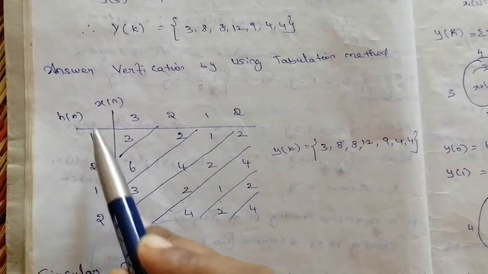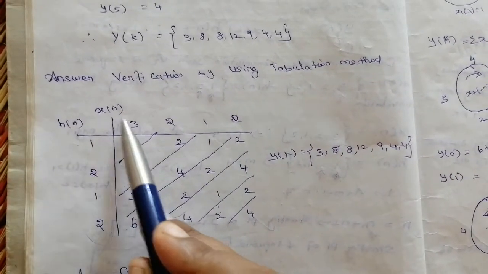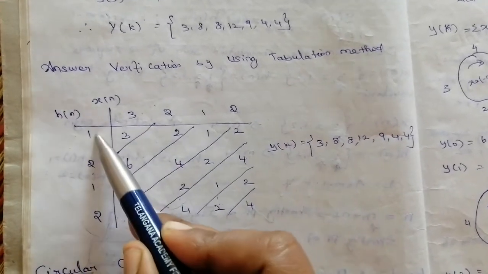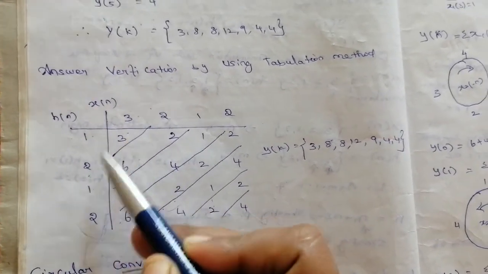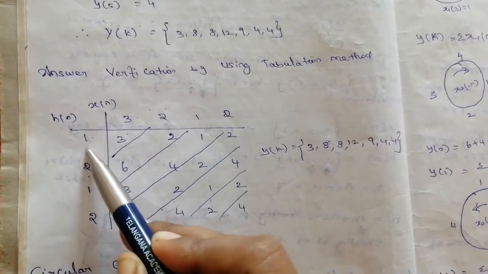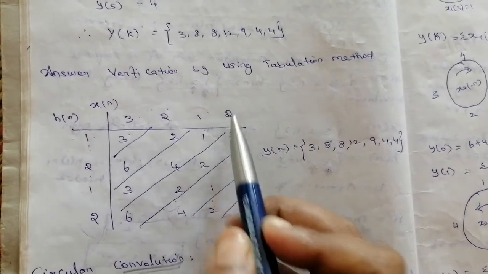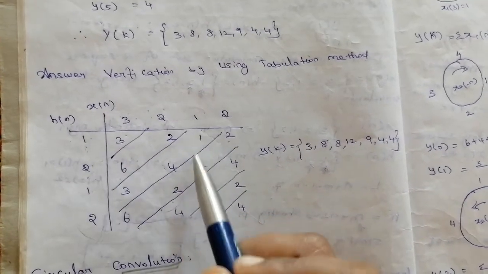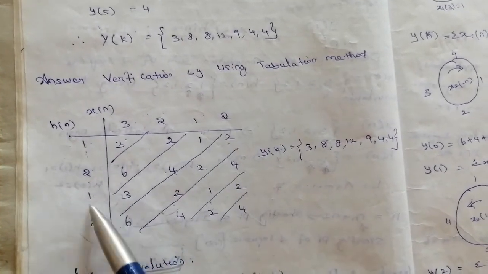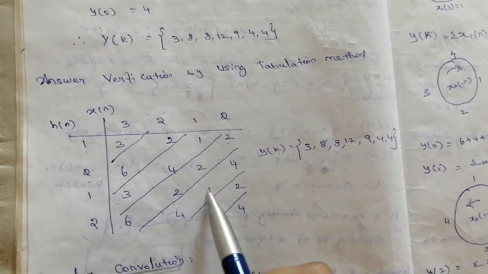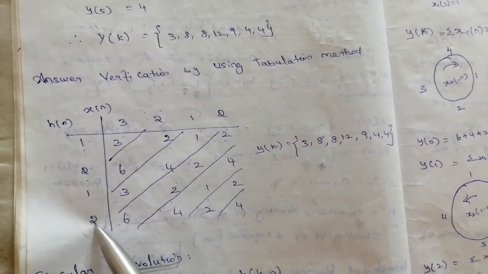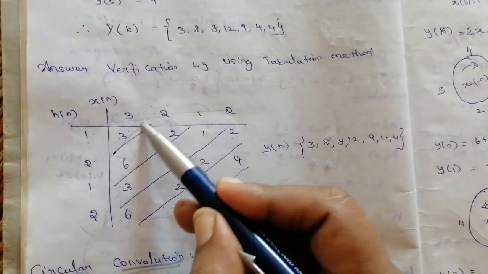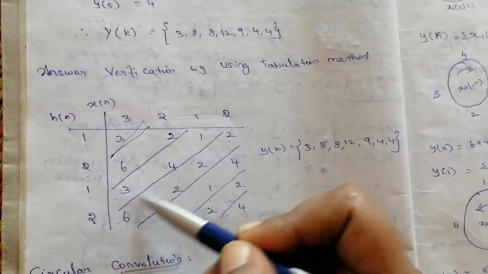If it is 2 marks, we can use the tabulation method for verifying the answer in linear convolution. On one side we write one sequence, on the other side the other sequence. This is the given input. Now cross multiply: 1 into 3, 3, 1 into 2, 2, 1 into 1, 1, 1 into 2, 2. Likewise 2 into 3, 6, 2 2s are 4, 2 1s are 2, 2 2s are 4. Then 1 into 3, 1 2s are 2, 1 into 1, 1, 1 into 2, 2. Then multiply 2 with these values. Now draw the stripes diagonally.